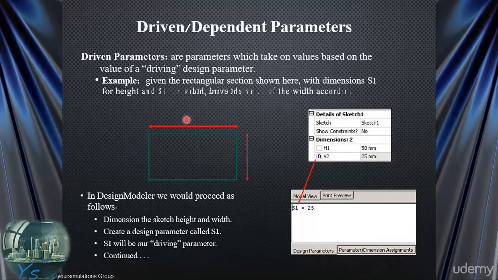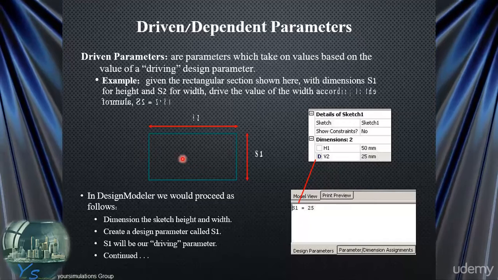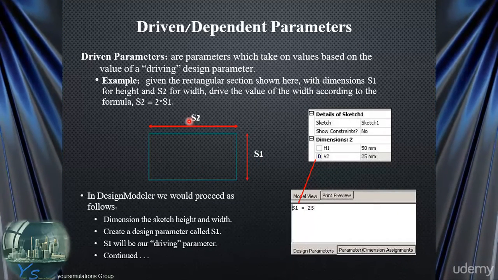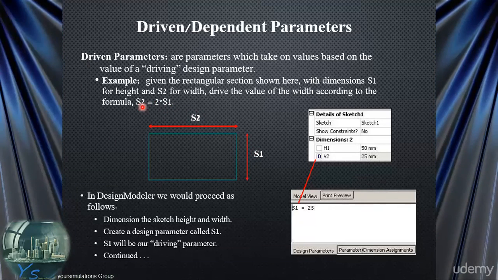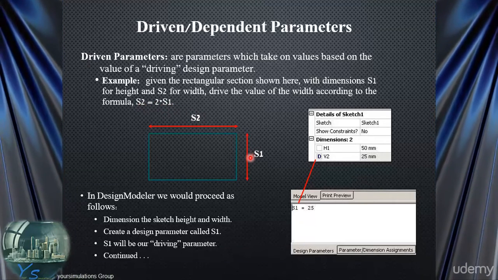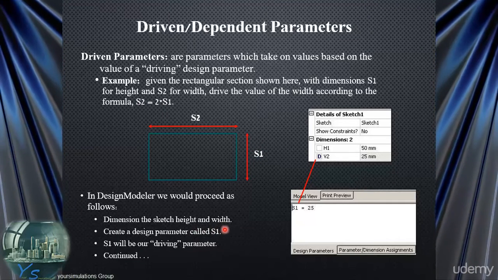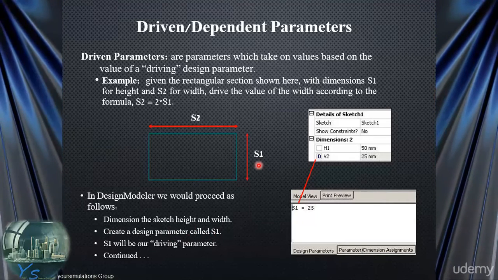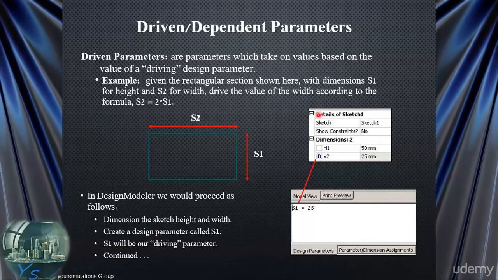So here we have an example of a sketched rectangle with a width S2 and a height S1, and we're going to create an expression which relates the width to the height, where the width is always twice the height. So the process is to dimension the sketch height and width, create the design parameter S1 here, and S1 will become our driving parameter. So we go to the sketch,